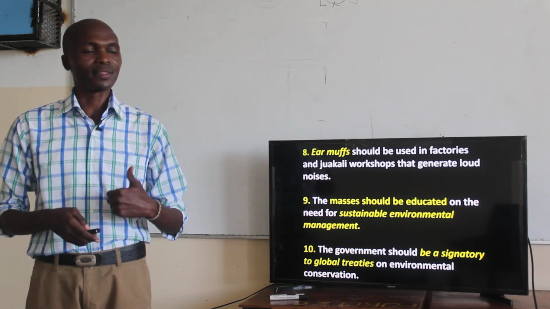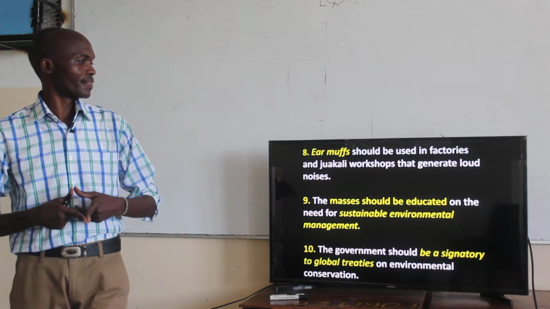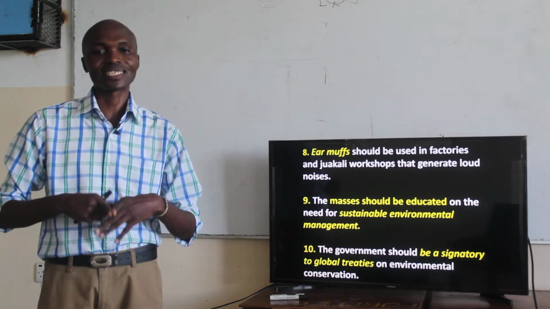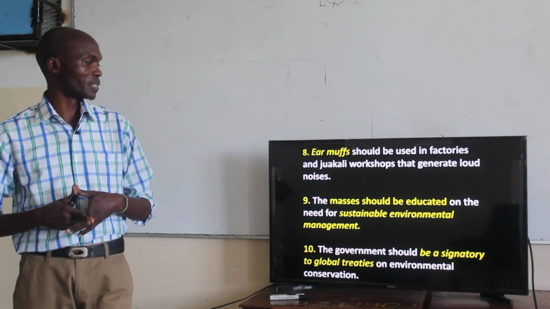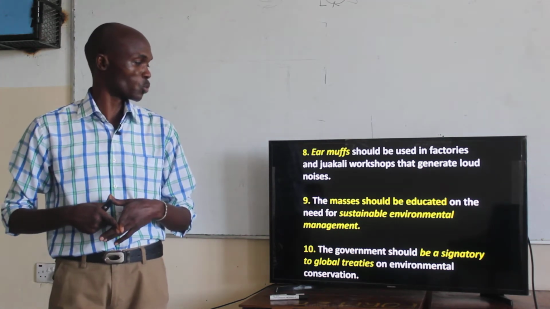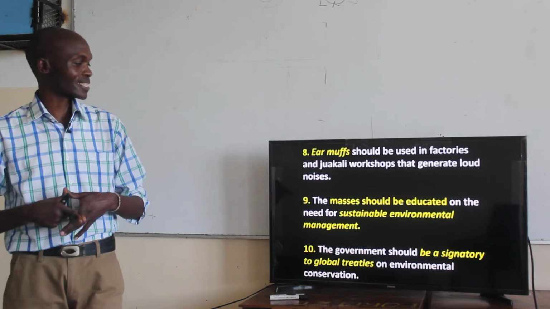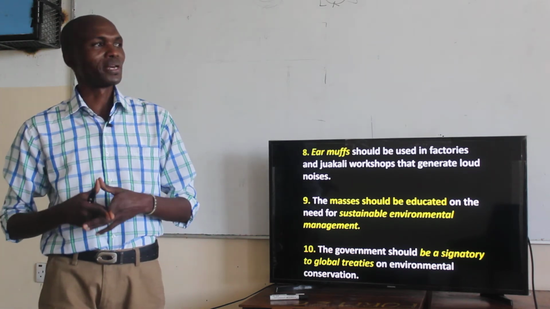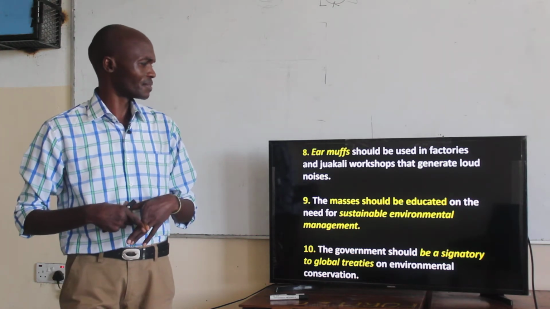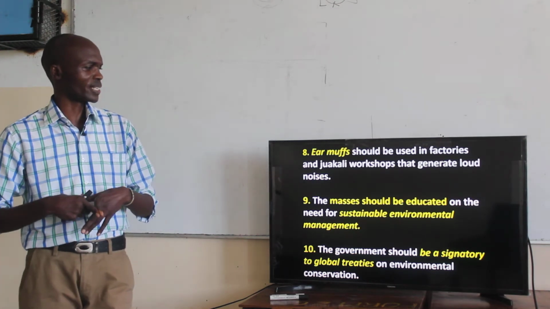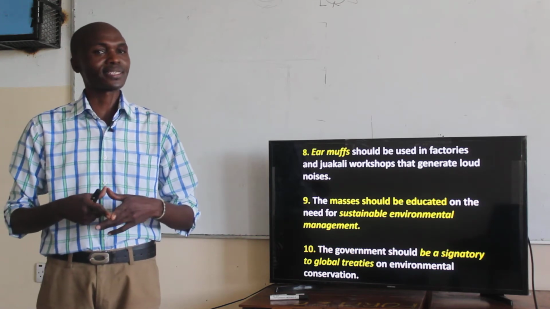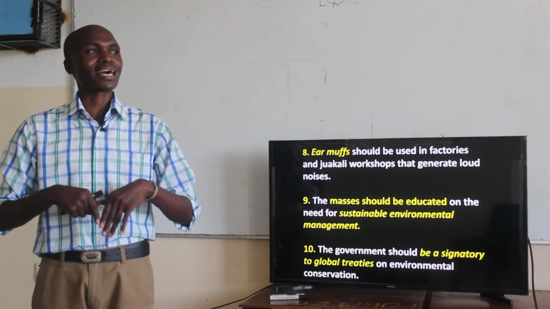Then number 9, the masses should also be educated on the need for sustainable environmental management. That means we will be able to practice measures that help us utilize the current environmental factors that we find useful, as well as ensuring that the resources that we have can also be harnessed